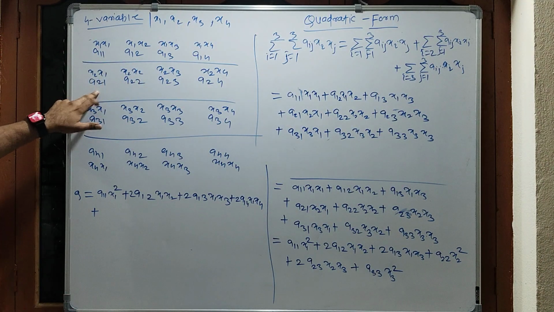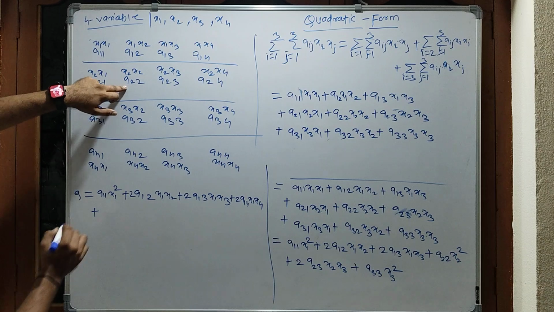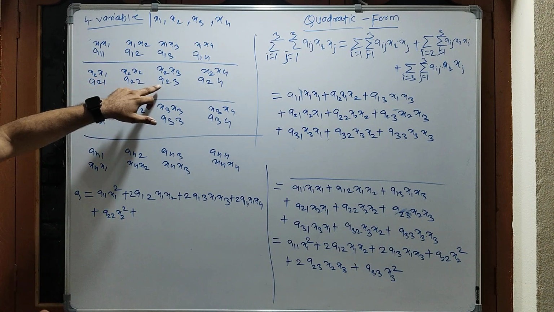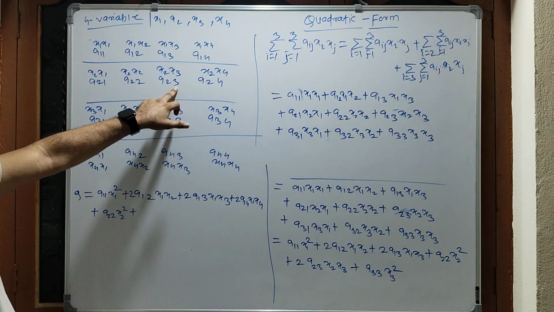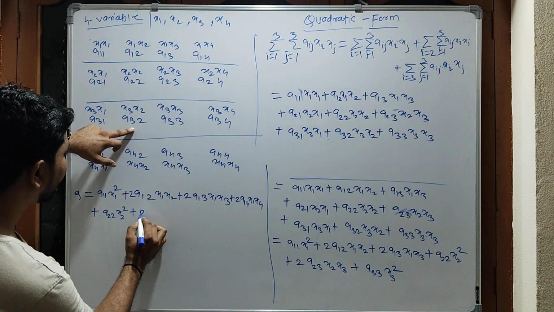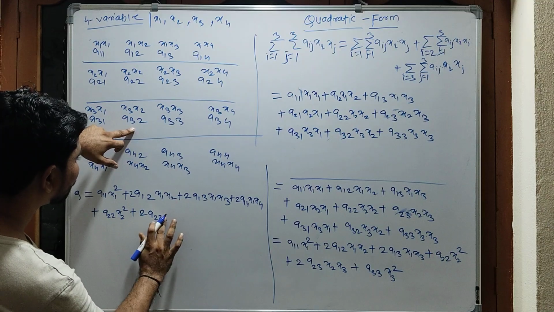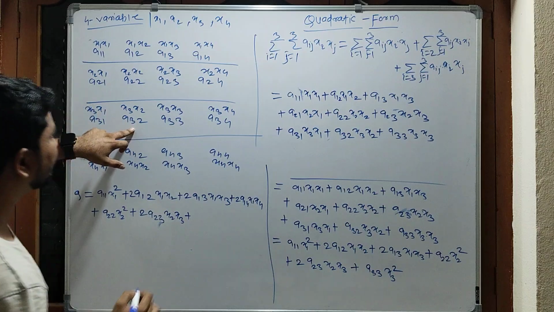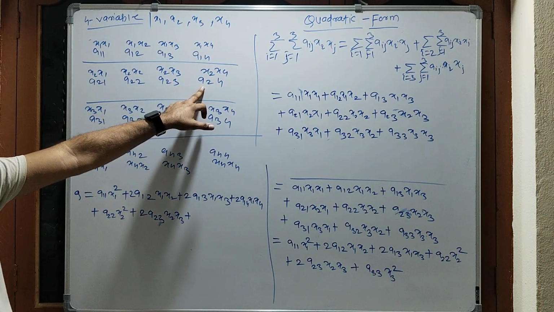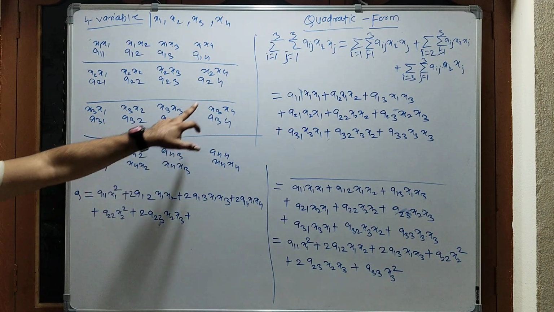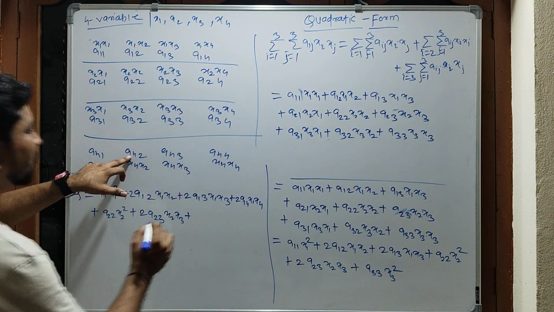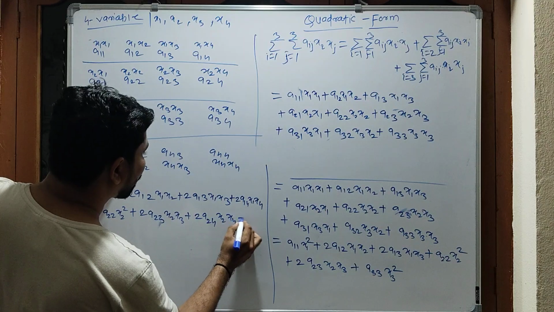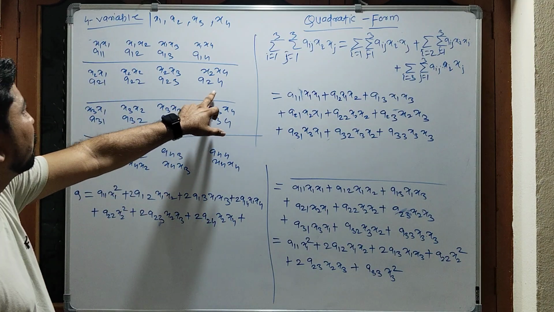now come to here, this a21 is covered with this one. Now come to this a22. Here a22 x2 square plus this is a23. This a23 is the same as a32. So here I am writing 2 times a23 x2 x3 plus now this is a24. A24 is the same as a42. Here 2 times a24 x2 x4 plus